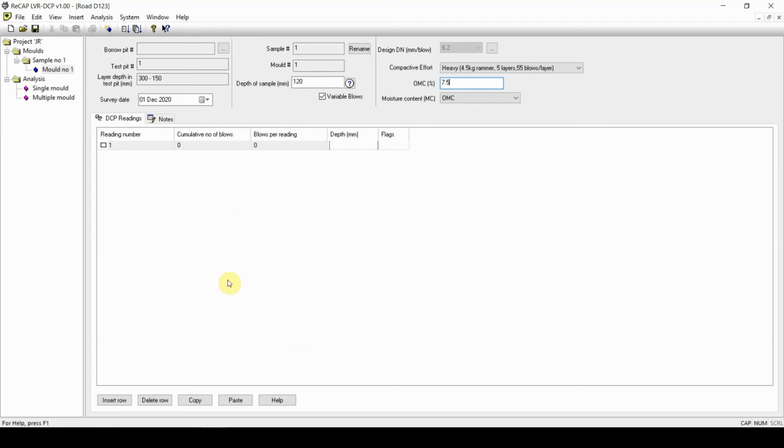Now let's quickly demonstrate how to enter the test data. The first one, you need to key in the first data that corresponds to 0 blow, which in this case here is 50. Then next you enter 2 blows, which corresponded to 65 millimeter. Continue. 3 blows, 80, another 3, 90, 3 again, 100,